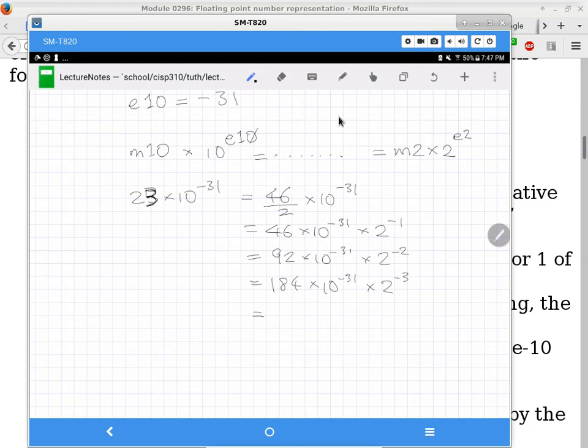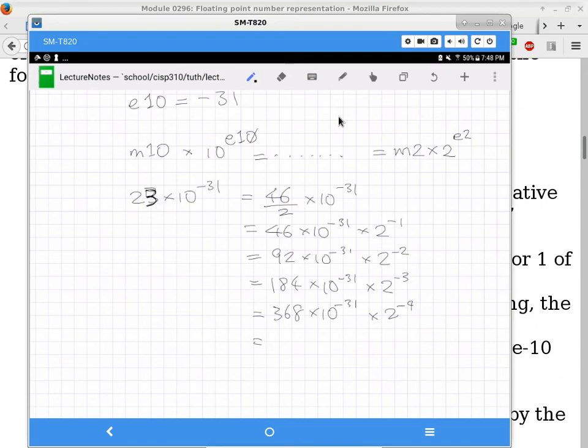So we multiply by 2 one more time, so we have 368, okay? 368 times 10 to the power of -1 times 2 to the power of -4. And this time I think we still have the same loss. Multiply this by 2 again. Okay, so we can keep doing this. This is probably evident, but we're never going to get to a point where it's going to be an equal or an even divide. It will never be an even divide.